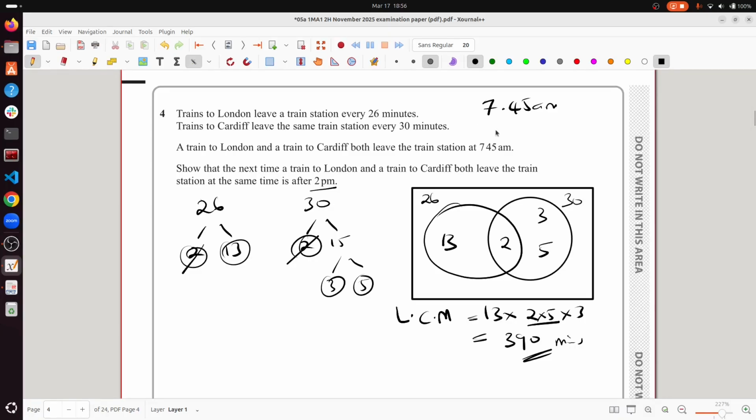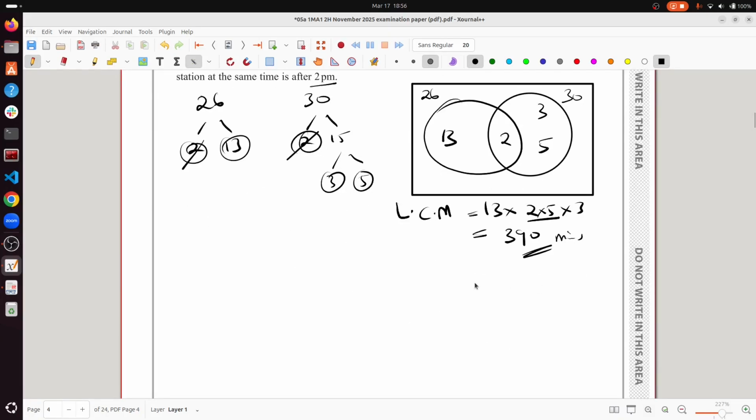So I'm going to convert that into hours and minutes, just so I can simplify it. I know I have 300 minutes and I have 90 minutes. So that gives me 5 hours, because 1 hour is 60 minutes, and that gives me 1 hour and 30 minutes. So starting from 7:45 a.m.,